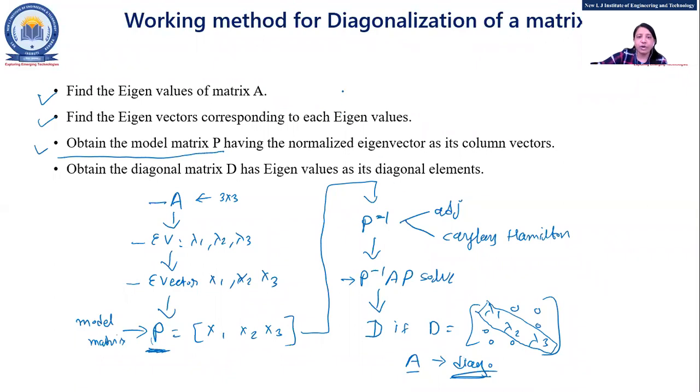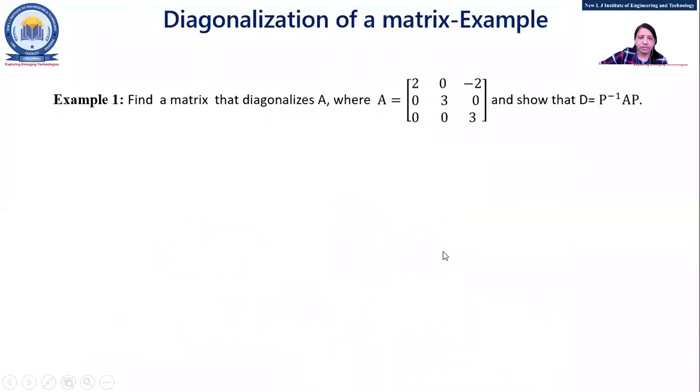So you can say that your A is diagonalizable. Sometimes it will be asked to find P inverse AP. Otherwise, it will be asked to check whether the matrix is diagonalizable or not. In any way it can be asked, you have to follow the same procedure. Any doubt in this? Just remember this flowchart, take a screenshot of this one, so that it will be easy for you guys. Fine? Okay.